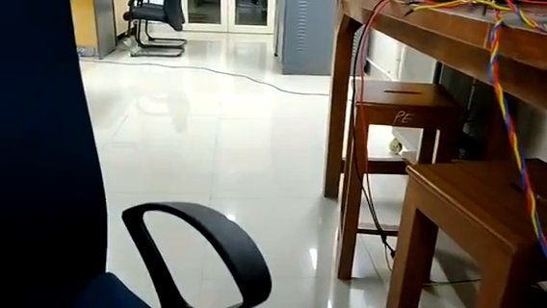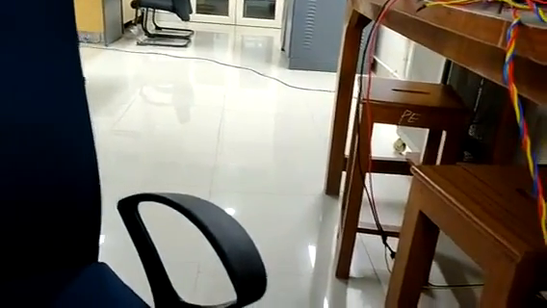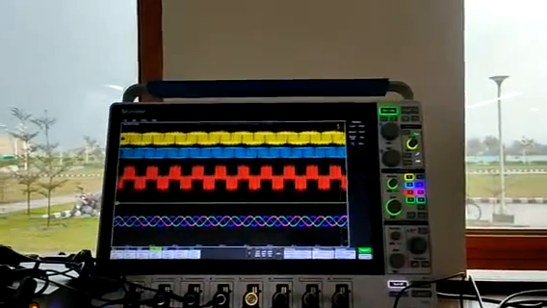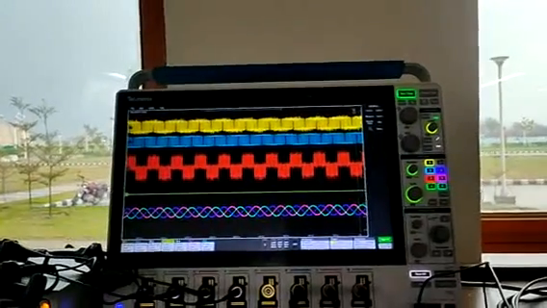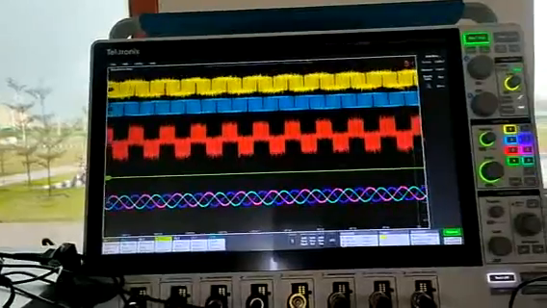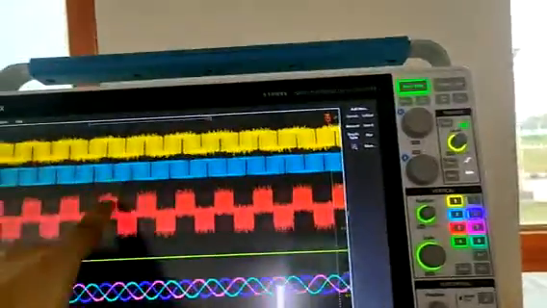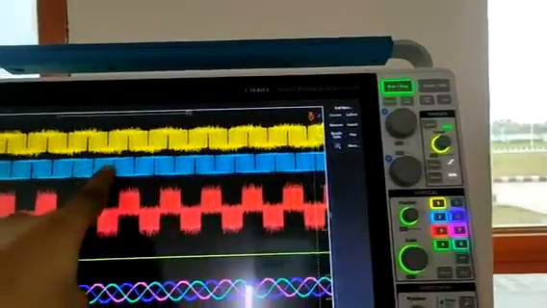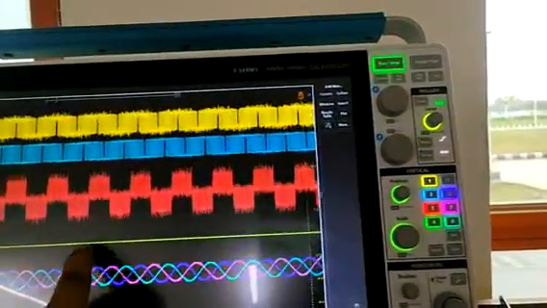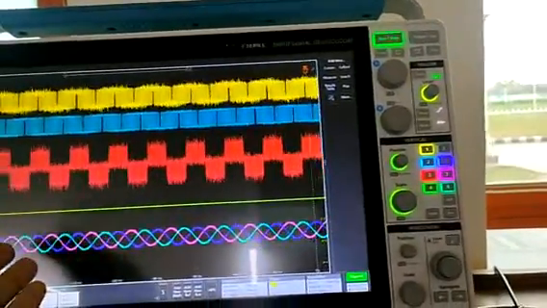Now I am going to give the ID reference. Now as you can see on the DSO, after shorting the DC bus also, the current which is pumping to the load is perfectly sinusoidal. This is the primary side current coming from the inverter, and these are the pole voltages. This one is also the pole voltage of inverter 1 and inverter 2, and this is the phase voltage, and this is the current which is feeding to the load.